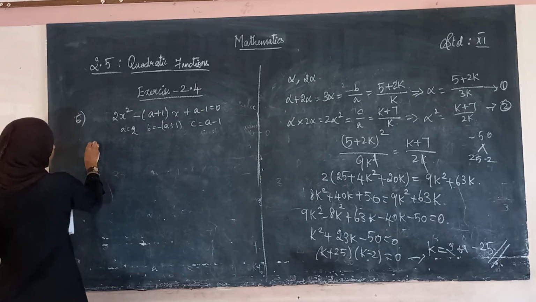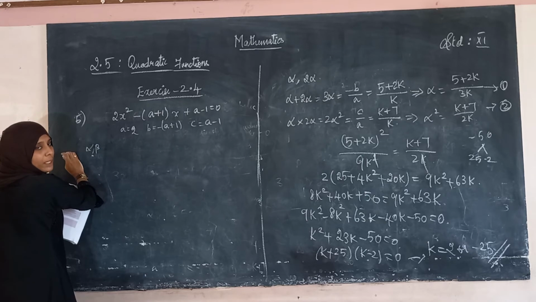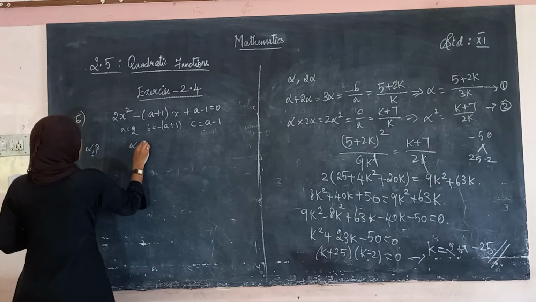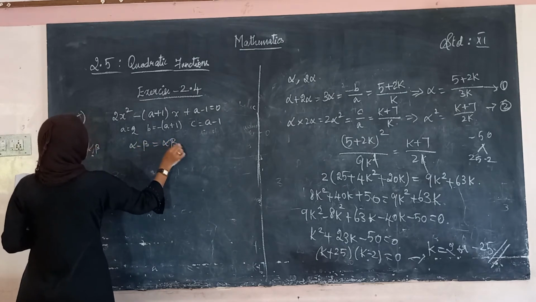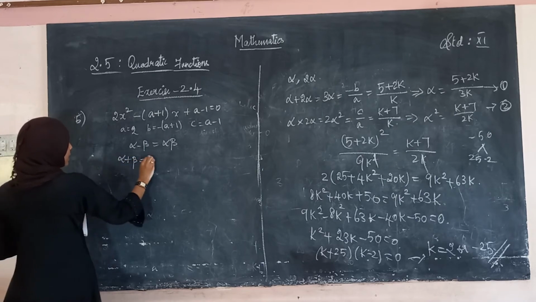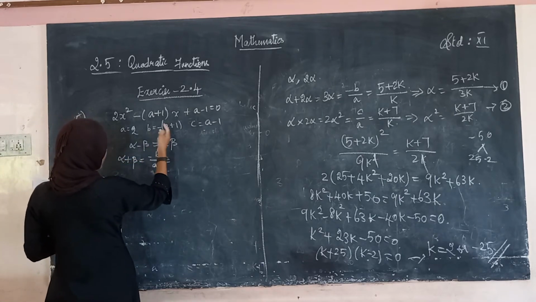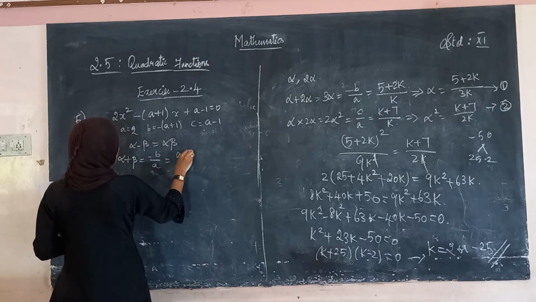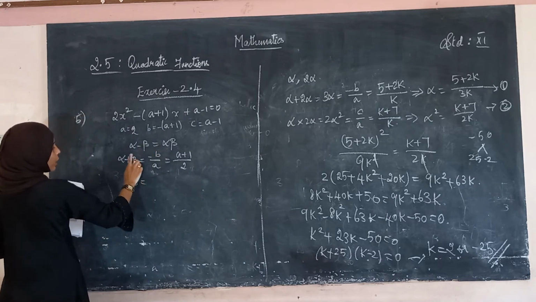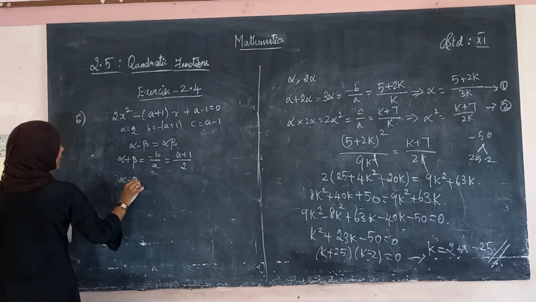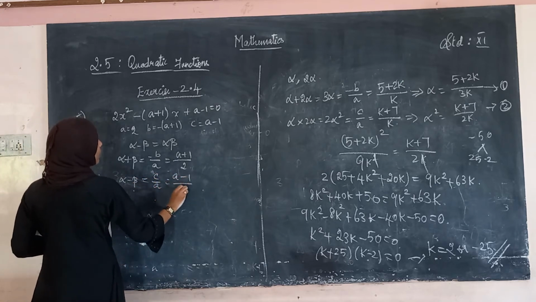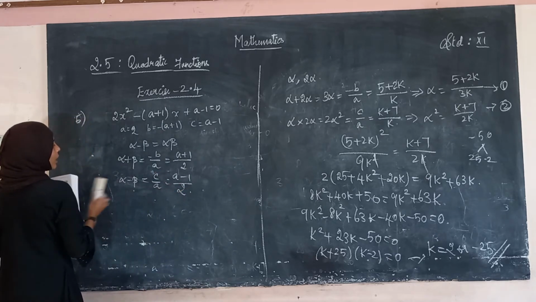So, let us take alpha and beta are the roots. You have to write in words here: alpha and beta are the roots, since the given condition is the difference of the roots is equal to the product of the roots. Alpha minus beta is equal to alpha beta. Okay, before that, the sum of the roots is equal to −b divided by a. What is −b? Minus of minus is plus, so (a + 1) divided by 2. And alpha beta is equal to c divided by a. We know alpha beta is equal to alpha minus beta. Therefore, we can write it directly: alpha minus beta is equal to c divided by a, c is (a − 1) divided by 2. Okay, so the answer is like this.